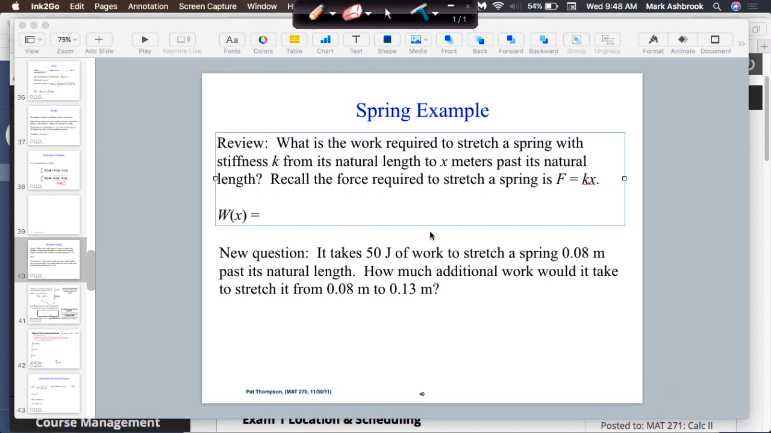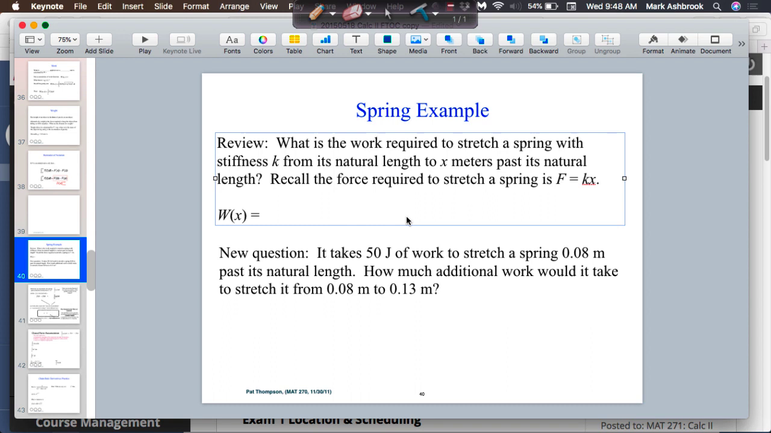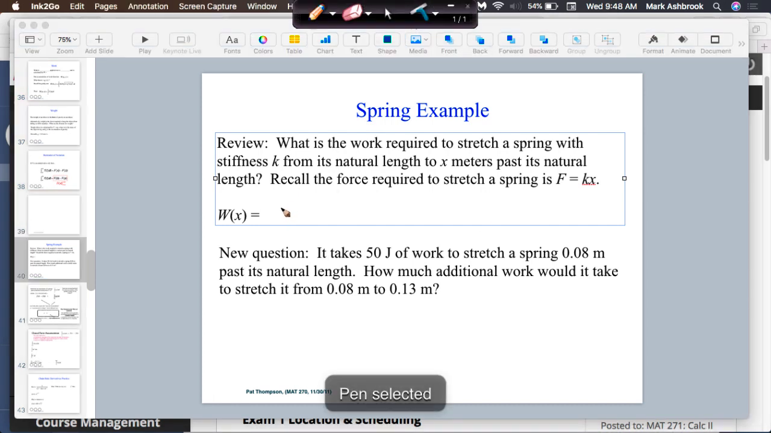Okay, say it again. Integral from 0 to x, right? So this is going to be accumulated work, right? That force increases gradually the further you stretch it. So we can't just use force times distance. We have to do an integral. So the integral